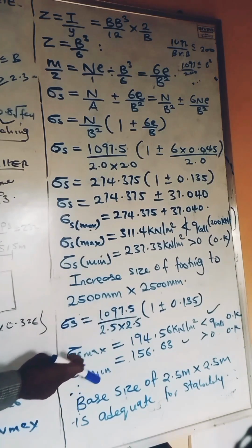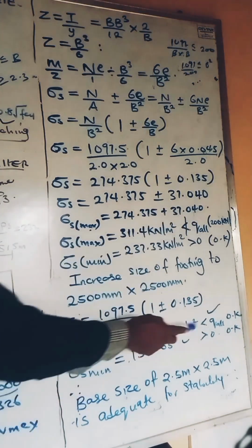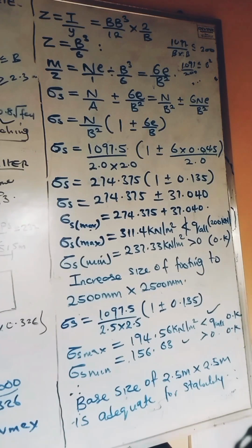If we do that, we are going to have the maximum stress to be 194.5 kilonewton per meter square, and it's lesser than the allowable soil bearing capacity of 200. So we said it is okay. Of course, if that is okay, we know that the minimum is equally okay. All right. So we can boldly say that our chosen dimension of 2.5 meter by 2.5 meter is adequate for